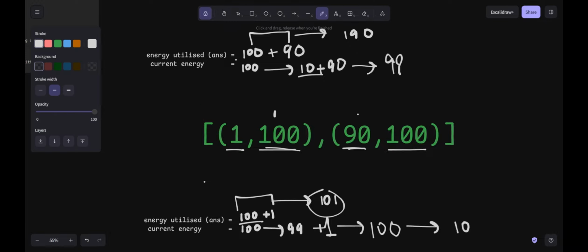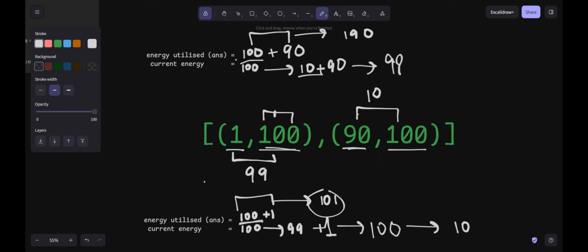Right. Now why is that the case? If I look at the difference between the minimum and the actual value, in this case it was 99, and in this case it was 10. When I started my task from index 0, I initialized from 100. In both the cases I initialized from 100, right?